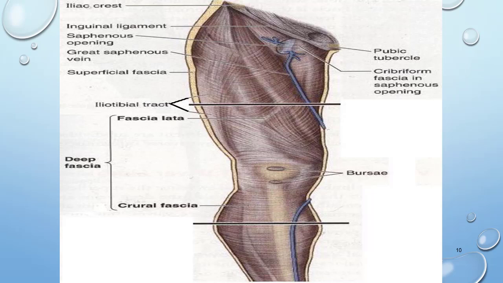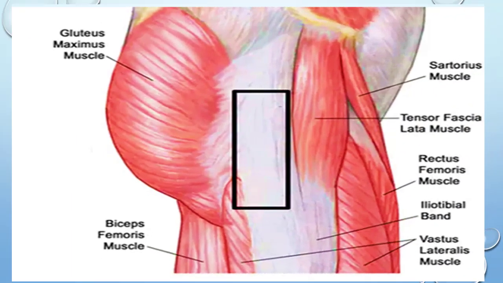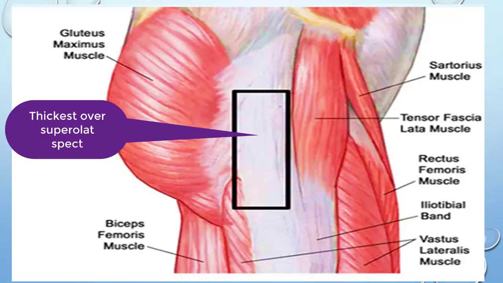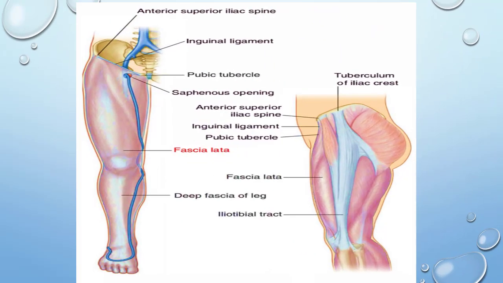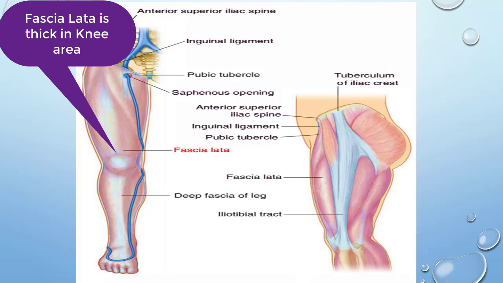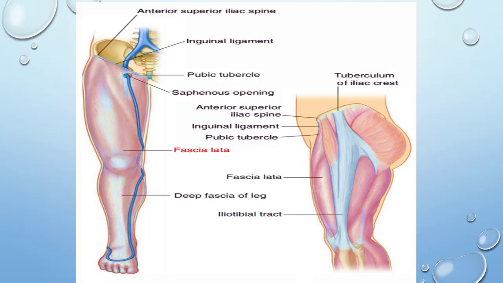The thickness of this fascia is not the same in all regions of the thigh. It varies considerably along the thigh. It is thickest along the superolateral aspect. Have you ever thought why it's thickest there? It is because the fascial condensation of gluteus maximus and medius is thick over there. It is also thick around the knee, because this fascia receives reinforcing fibers from the tendon of the quadriceps muscle. But this fascia is thin where it covers the adductor muscles of the medial thigh.